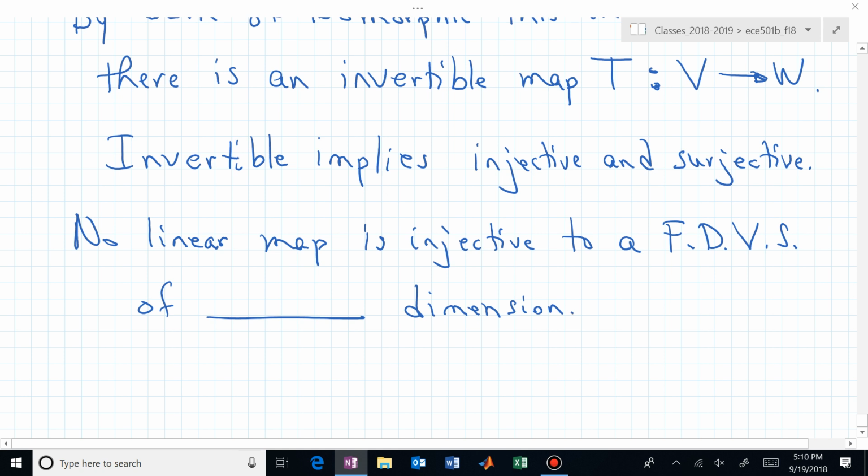Smaller or larger. Which is it? So if we have an injective map, that means it can't go to a bigger or smaller dimensioned space. So no linear map is injective to a smaller